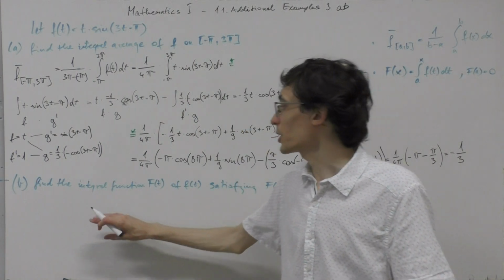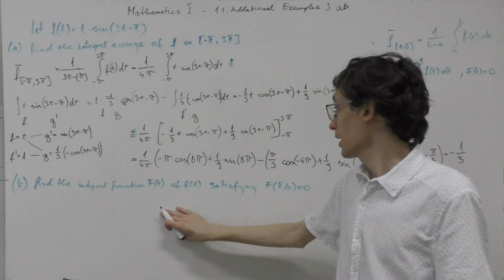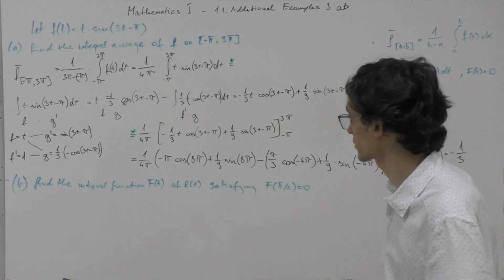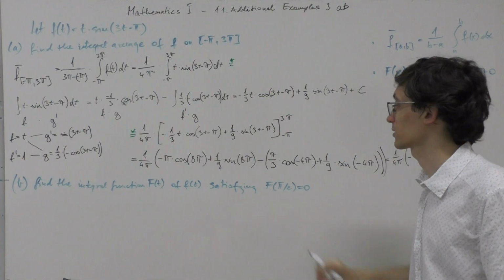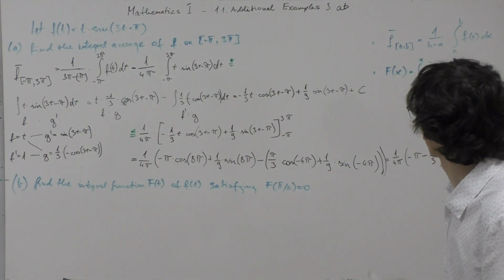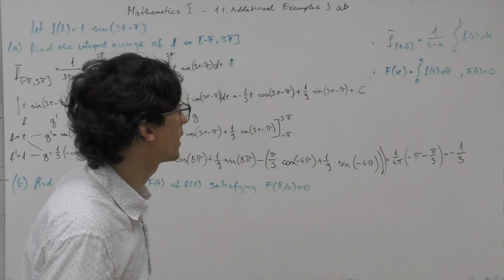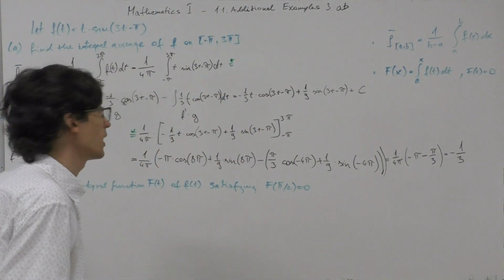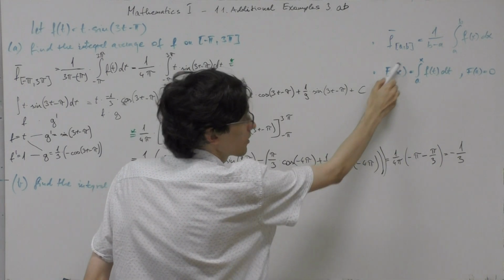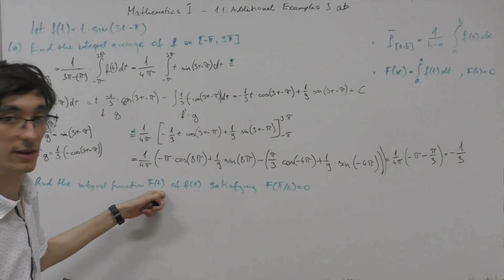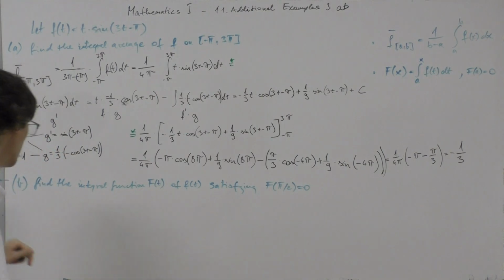So, in part B of our exercise, we must find the integral function of our original function satisfying this constraint. Here we can see the formula for the integral function. We will be using that. But here the variable of the integral function is x, but the exercise asks it to be t, so we